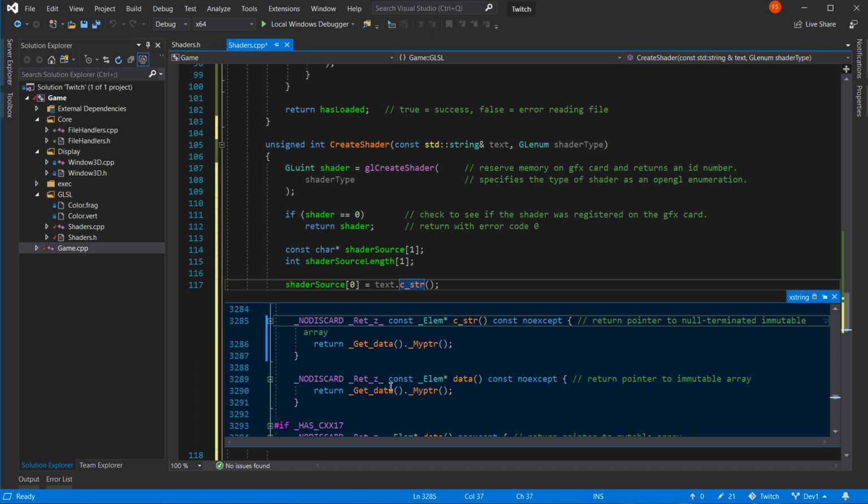But it can do weird things, as you can see from God knows what all of this lot is doing. Here, nodiscard. So it's actually the pointer that we are transferring over. If you remember, that shader source is now a pointer because I made it an array. So that's automatically a pointer. So what I'm doing is I'm transferring a C string as a pointer over to there. It will lose the ability to point here to text.